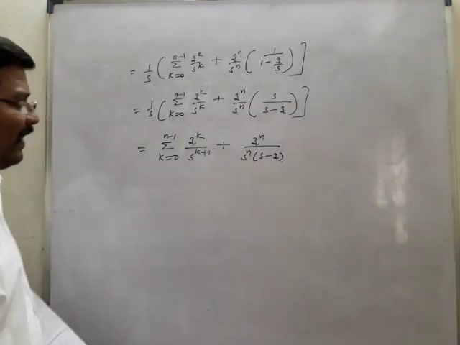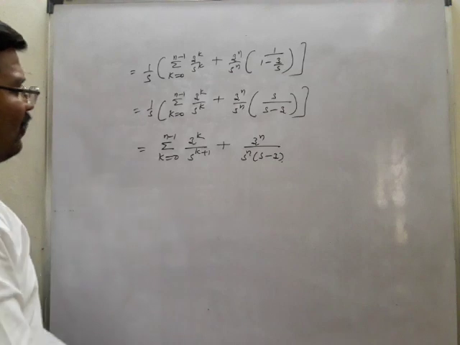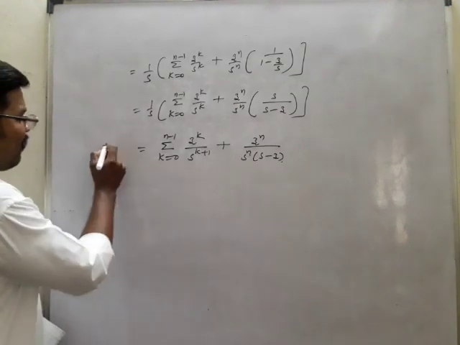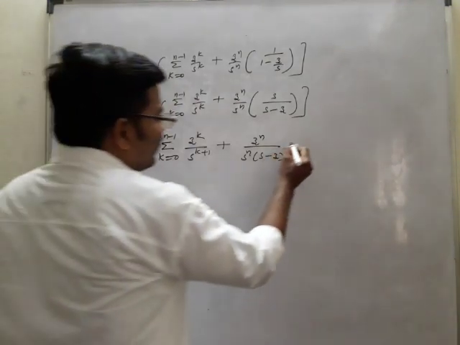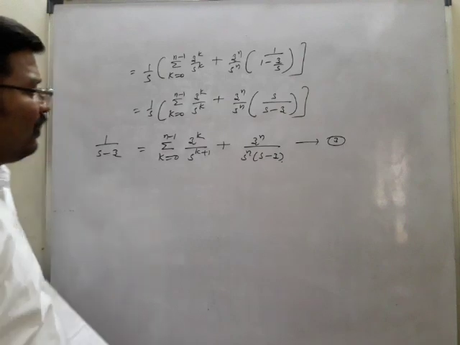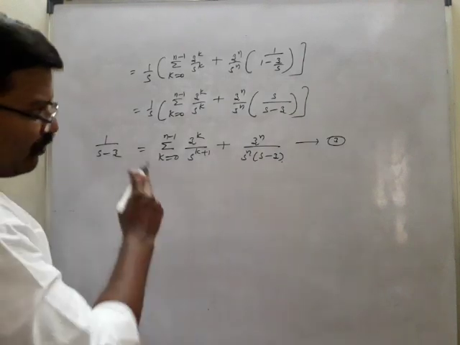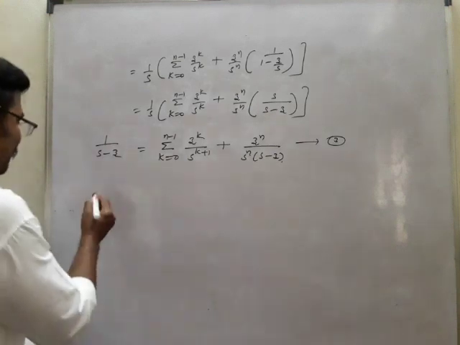You got it in this form: z power n by s power n into s minus z. Okay, now this is what you got. This is the value of 1 by s minus z. So substituting this one, I may take this as 3, that is nothing but 2. If I take 2 there, then this becomes 3. If I take 1, this is nothing but 2. Okay, substituting